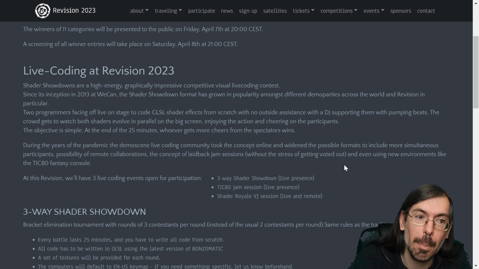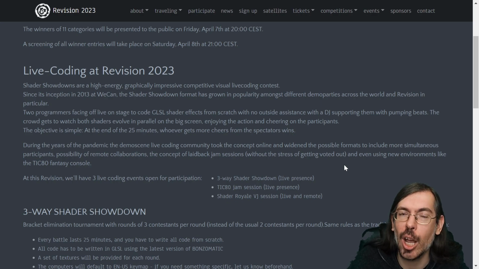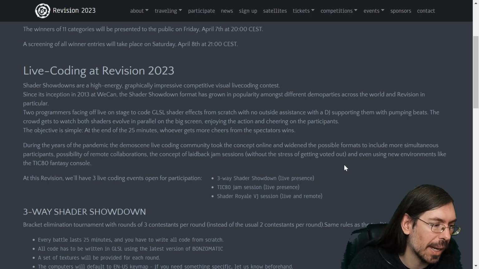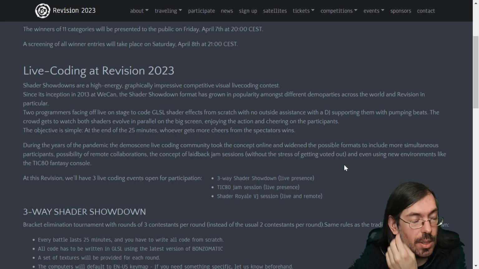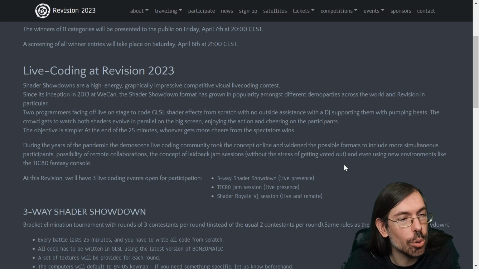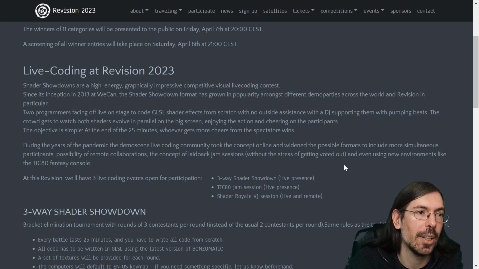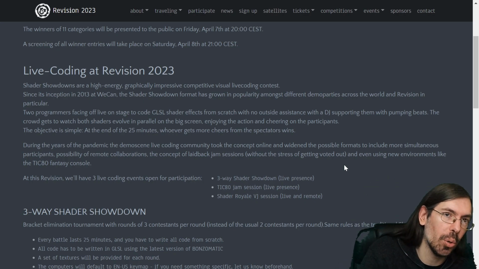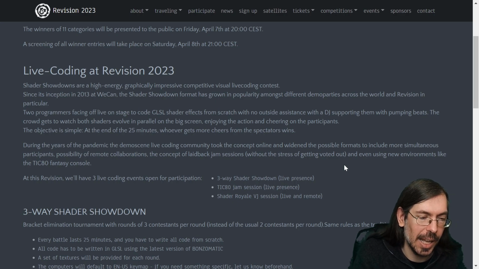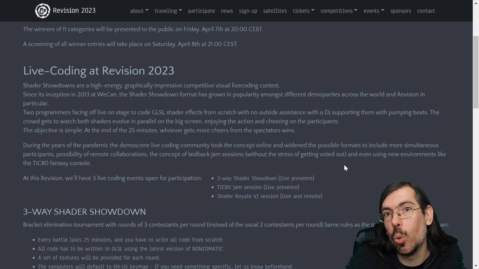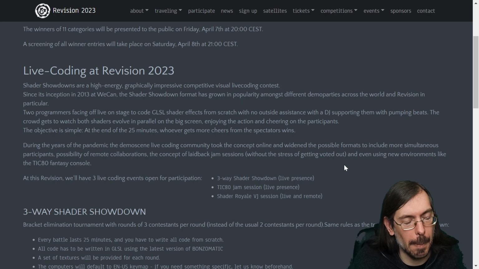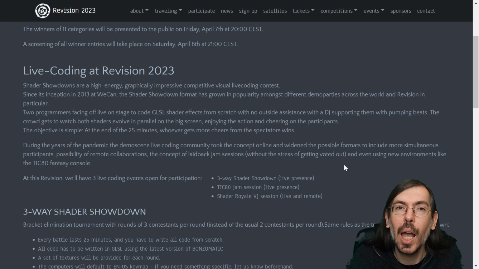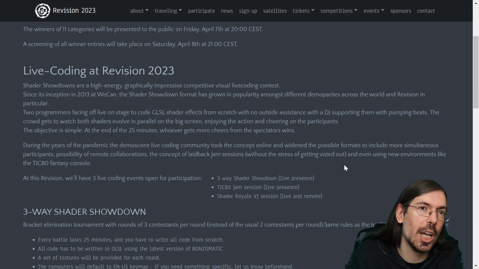The other event that is happening is a TIC80 jam session. So at Lovebite and Outline and Field Effects, there have been use of this TIC80 fantasy console thing to recreate the shader coding format, but into a byte coding format. Where you code in Lua. Actually, it's not directly byte coding, but you code in Lua and you have lower resolution, you have a different